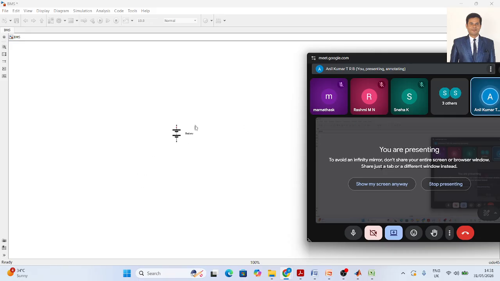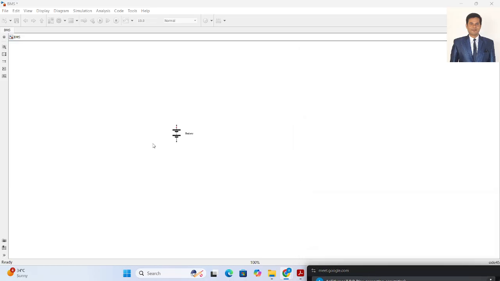You should try to connect the batteries in series and parallel combinations. Once you take the batteries, you can have multiple copies by pressing Control and dragging with the cursor arrow. Try holding the Control key, click on the same block and copy it. Otherwise you need to go and take it one time again.